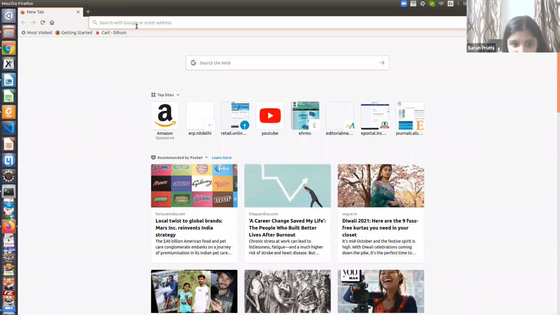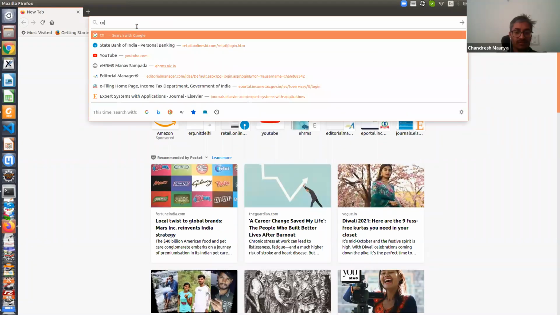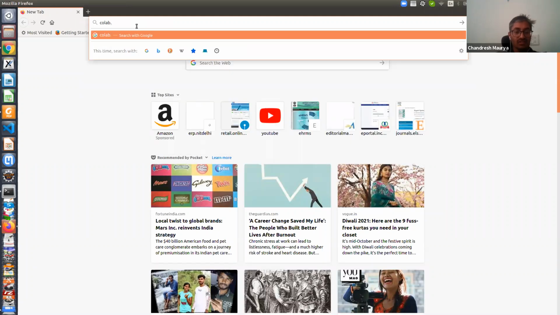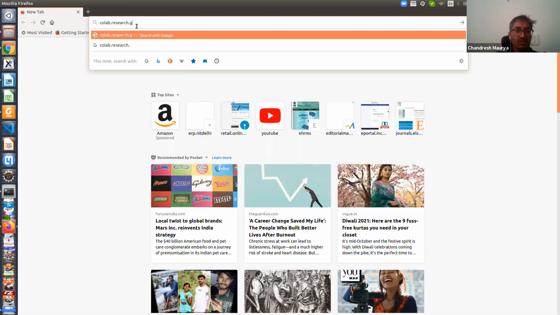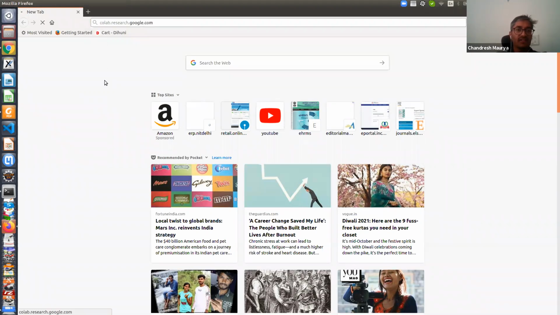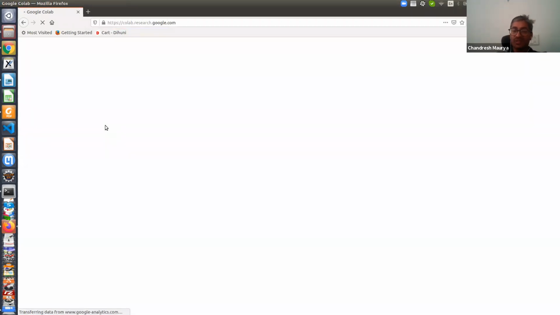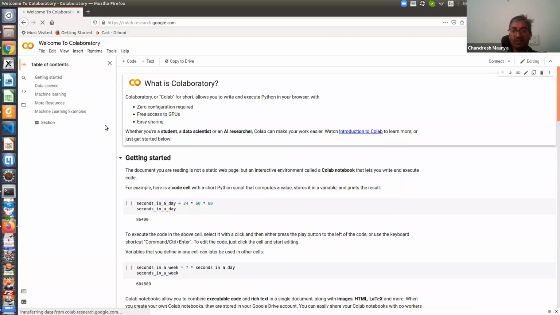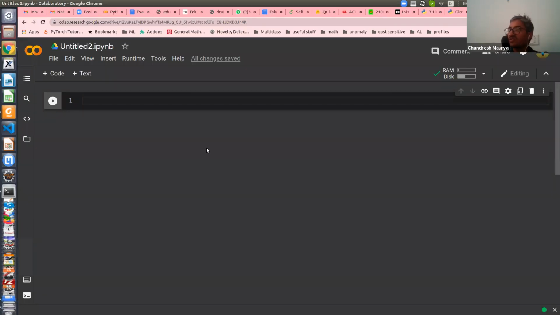So you can type colab.research.google.com. Let us see. Yeah, now it is opening. You should be signed in to Google or maybe Gmail, only then it will work, right? No, it doesn't require sign in, right? So can you see the screen? Now I opened Google Colab in a different browser. Okay, so perhaps you have to update your browser. Otherwise don't worry, it's just a way to run your Python.